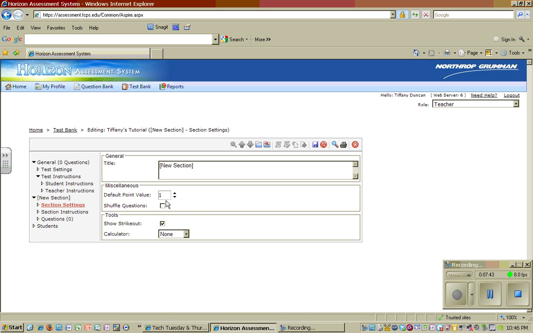And then also if you wanted to do one section of a test with a higher default point value and then another, like if you felt that it should be weighted more in a certain section, then you can do that. And this is where you title your section. Now our particular test is only going to have 2 questions, so it's not going to even have more than one section, so I don't need to do anything right here. I'm just going to go directly to questions,